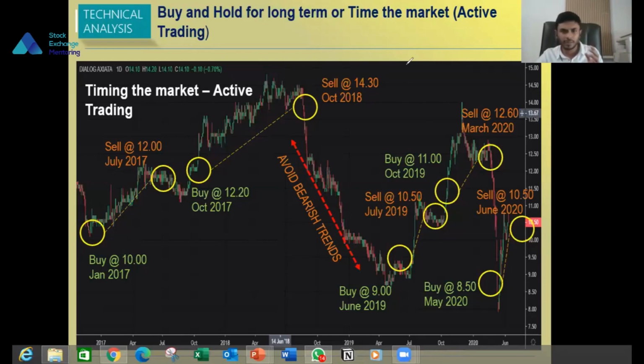So now, by now, you should understand what we are trying to do. Instead of buying and holding for a long term with a fundamental target price, which is totally fine, in between, if there are multiple cycles you can trade and maximize your profits, the only thing you have to give is some extra attention to the market and some extra time. Based on that, with these tools you are going to use, you will have multiple trading signals which will help you to time the market and entry and exit points. Okay.